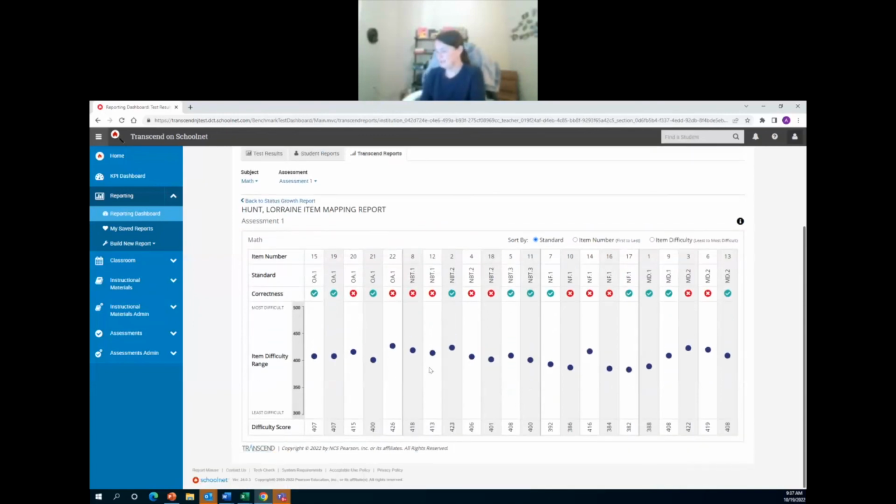And I think that is it. I do want to just mention one more thing quickly. I mentioned that we have the scale score range from 300 to 500. As part of what we refer to as the item calibration process, we are able to order all of the items on that particular scale. And so you can see that this item has a relative difficulty of 407 versus this item has a relative difficulty of 415. That's what these numbers are referring to. So when you take a look at them, it may be helpful to think about it in terms of that 300 to 500. Those are my boundaries.